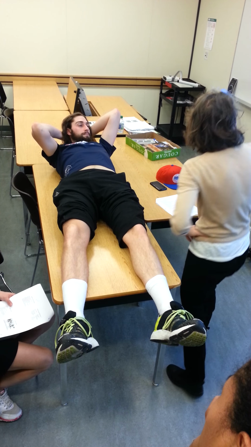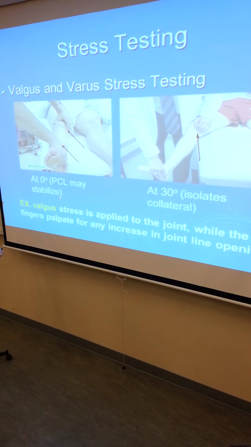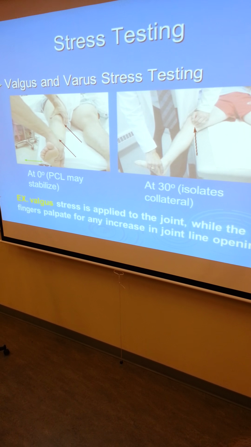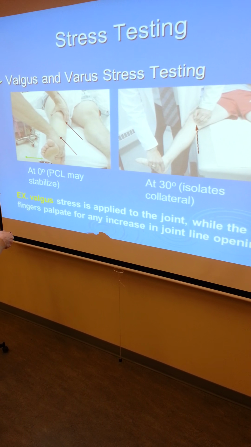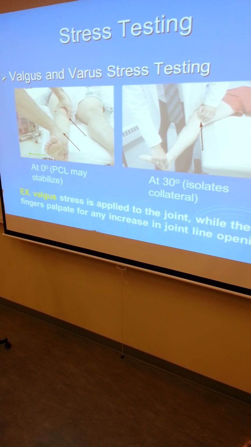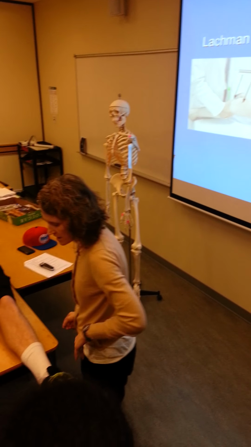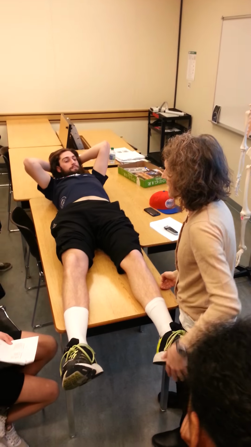In terms of, so you can see here, valgus and varus stress testing, it isolates, right? The problem is that when it's straight, other ligaments and other muscle tendons will stabilize it, so you can flex it to isolate the collateral side. Okay, in terms of ACL, the first one I'm going to do is called the drawer test, very similar to